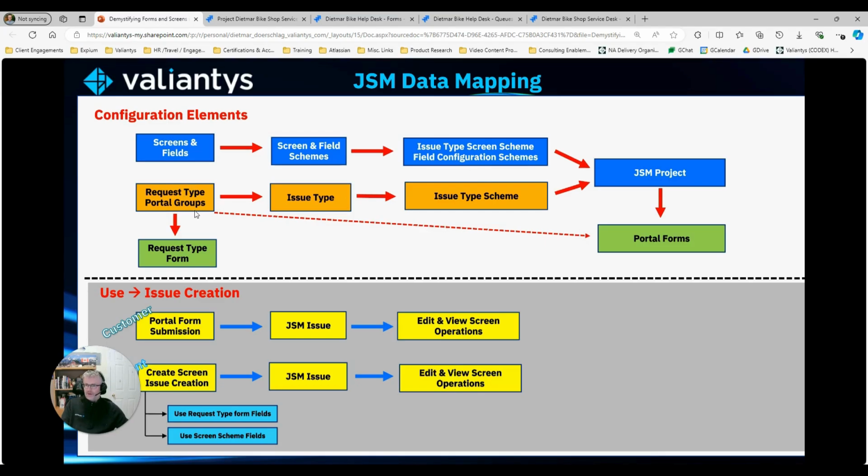We have request types that are organized in portal groups. They are mapped to issue types and via an issue type scheme that's mapped back into the project. We talked about the request type form, where you can add both custom and system fields. And we talked about dynamic forms, or so-called portal forms. JSM just calls it forms, that also live in the project, and they are mapped to one or multiple request types. So without any further ado, let's test it out